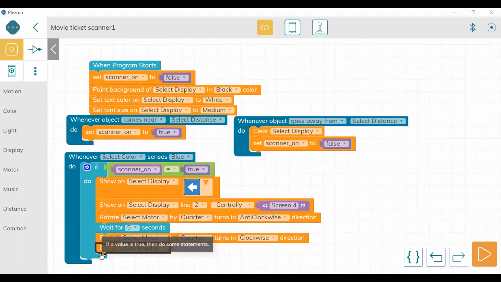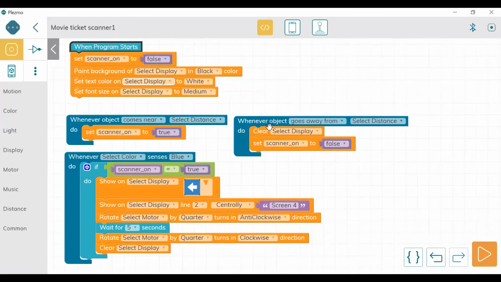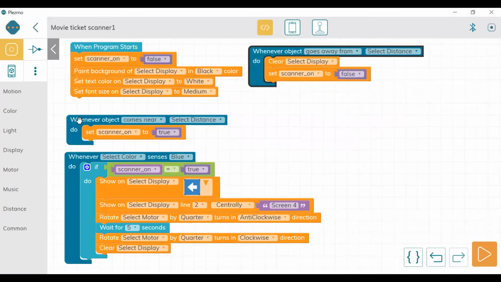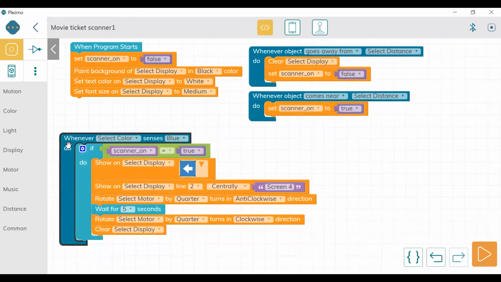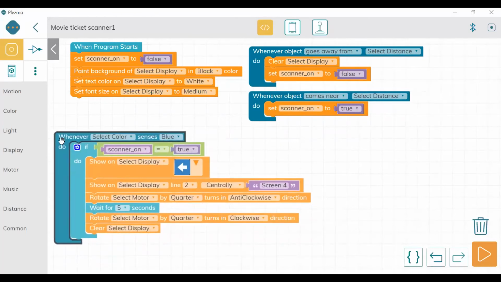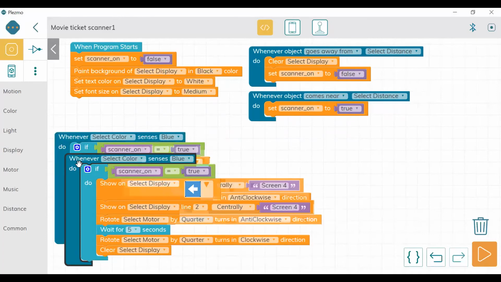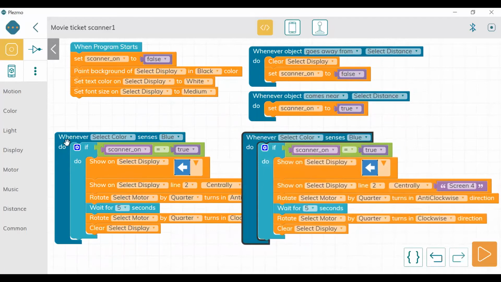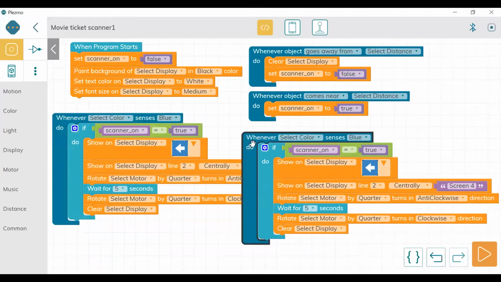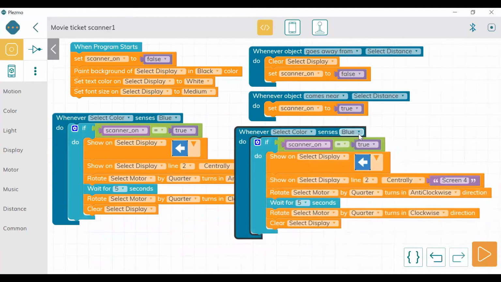Fine. So now we have given the condition for the blue ticket. Now we have to give the condition for the yellow ticket. Let me adjust something so that you can see everything on one screen. Fine. So when the color sensor is sensing blue, this is happening. But now when the color sensor will be sensing yellow, what to do? So I'm coming here now. Fine. When the color is sensing yellow,